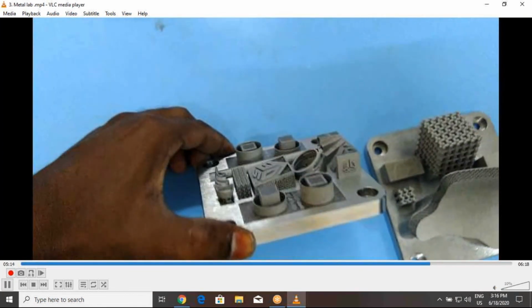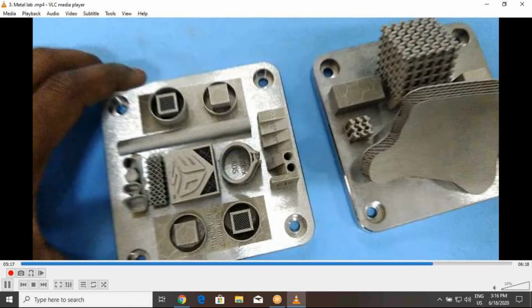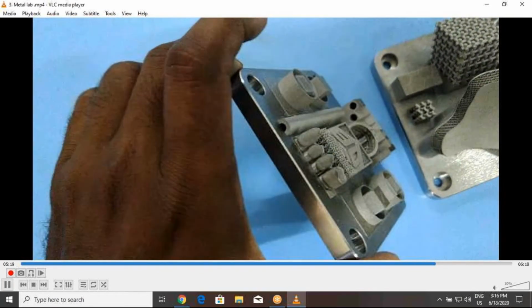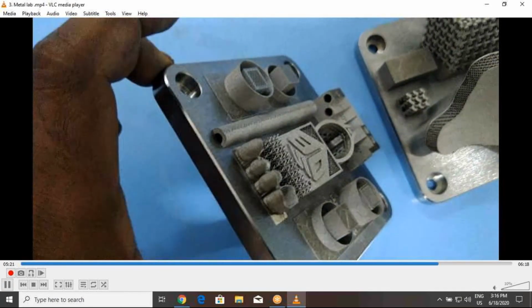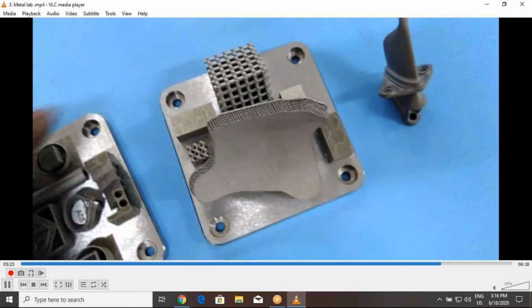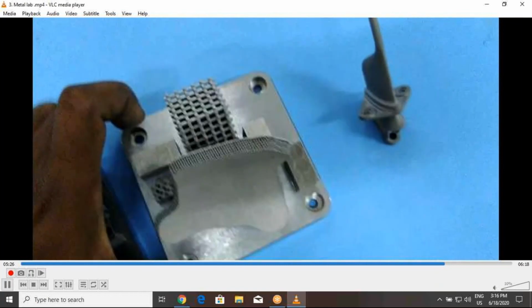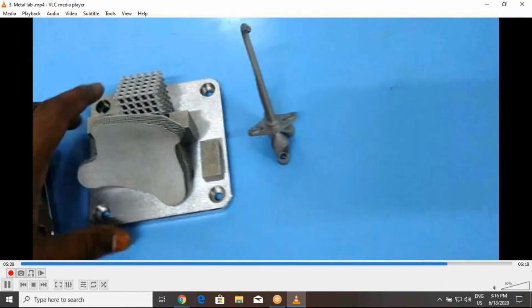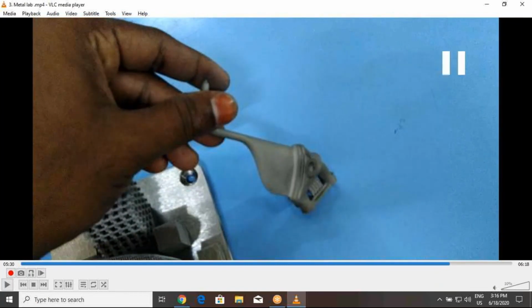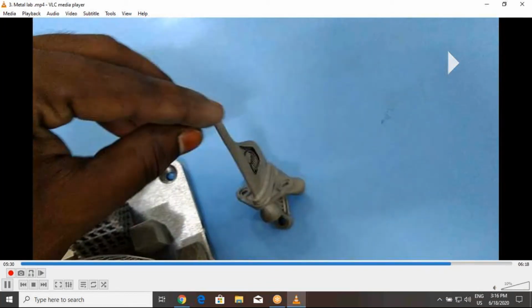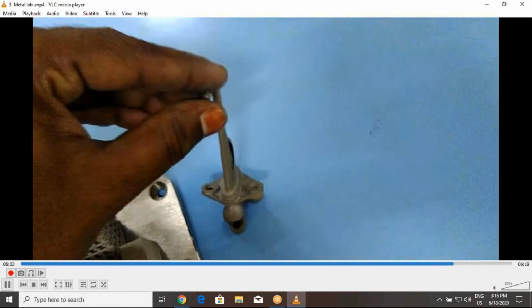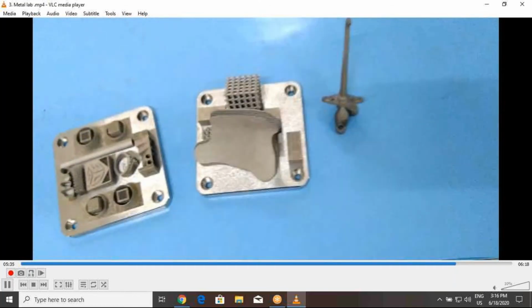We used all these powders to learn about our DMP Flex machine. This is one of the materials we used. Here is an uncalibrated part we are using. This is a medical part, a skull implant template design. The lattice structures were printed, and this is a nozzle. Such a highly complex part was printed using our machine. This is our machine, which we printed here.